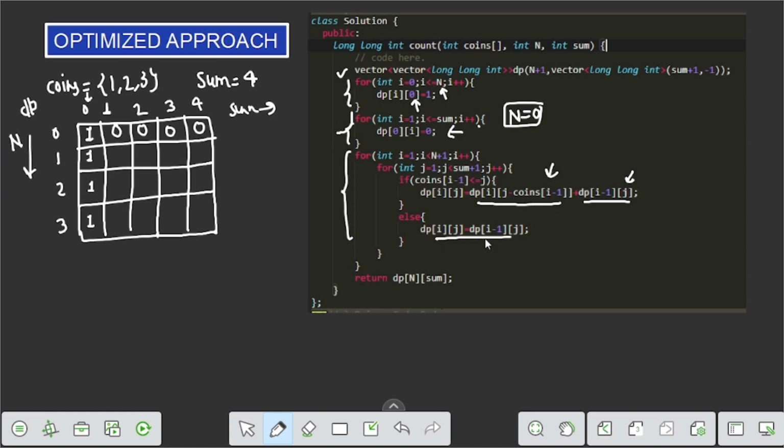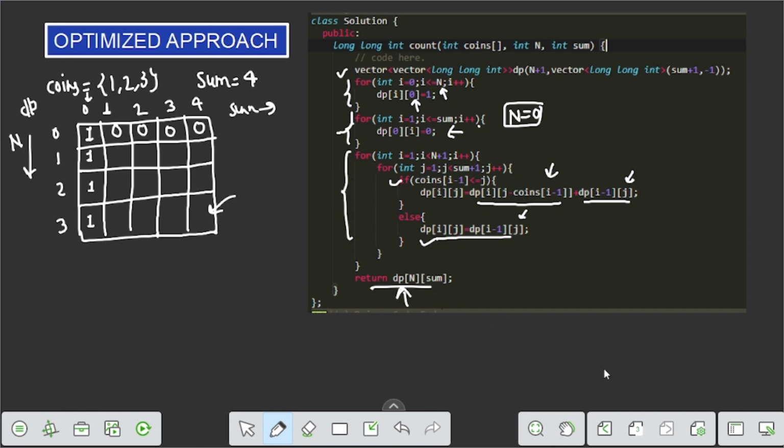So if the coin's value is less than j, we both exclude and include the coin, and if the coin's value is greater than the sum value, we simply exclude the coin. After this calculation, we simply return dp of n, sum, because this is the answer to this question. I hope you got this approach.